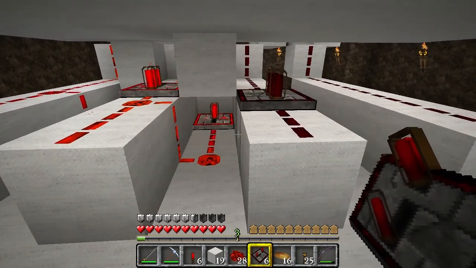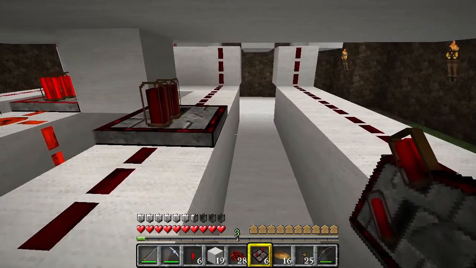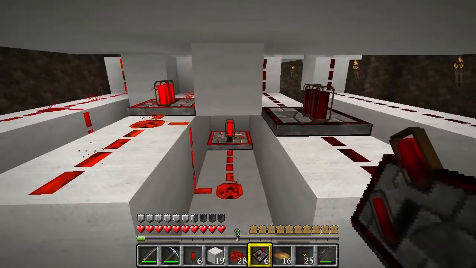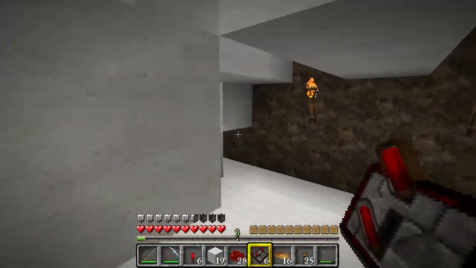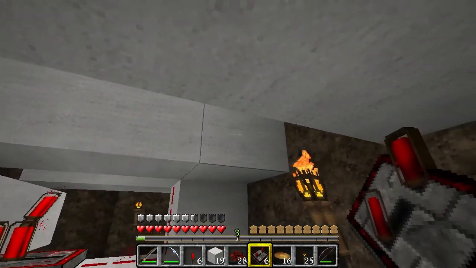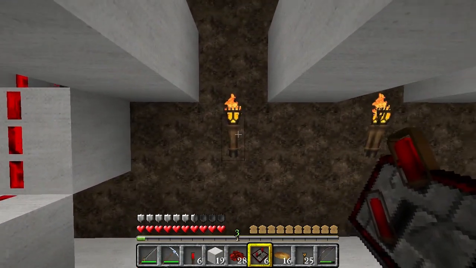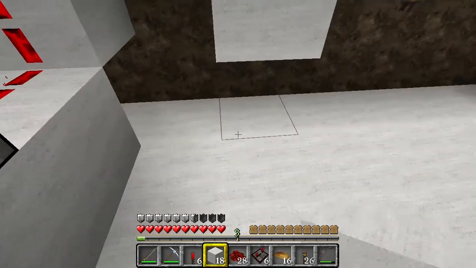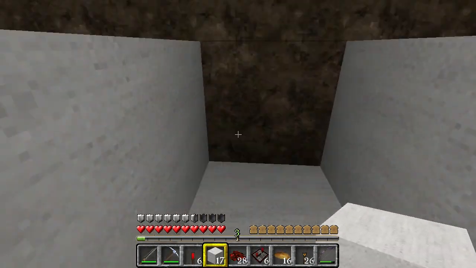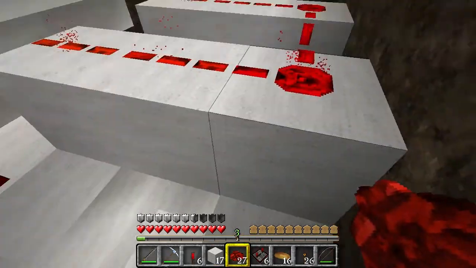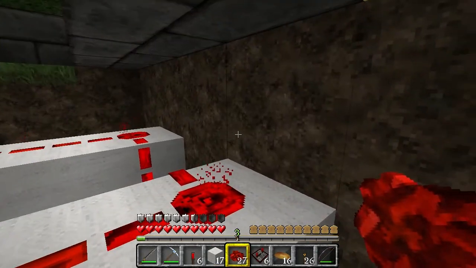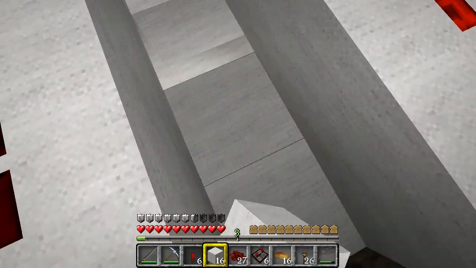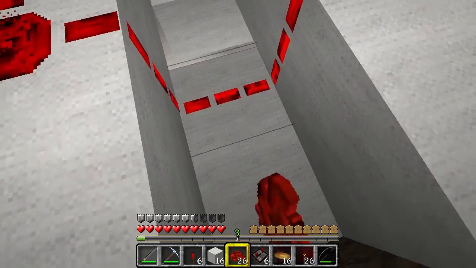Yep, that works. So now we should have power in that line there. Means we're just dropping down. Right, got to make sure that that doesn't cross-connect there. So I'll drop the power down a bit closer on this one,